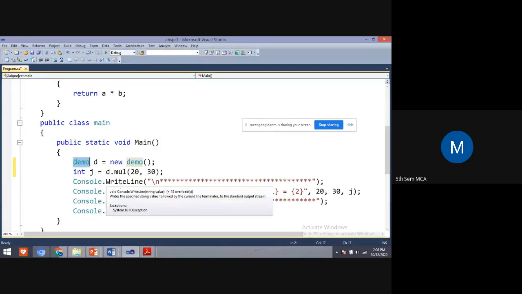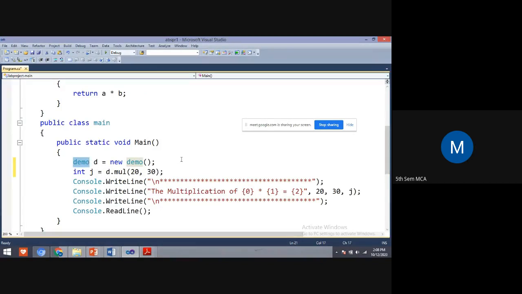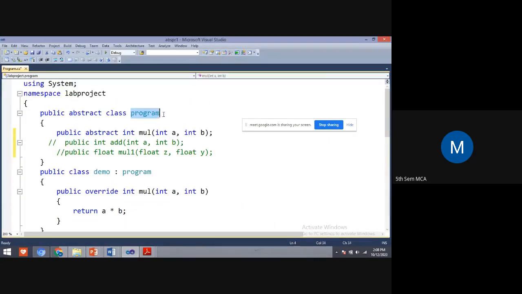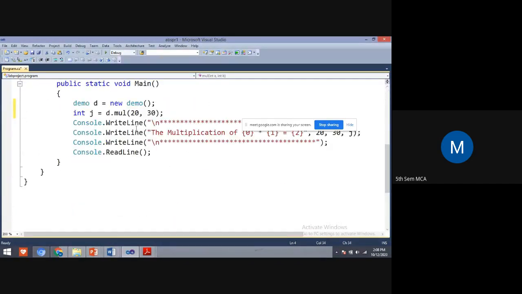Why? What is the reason? Because we cannot create an object for the abstract class. This is the instantiation. You cannot create an object for the abstract class. So I have created an object for the derived class, that is d.